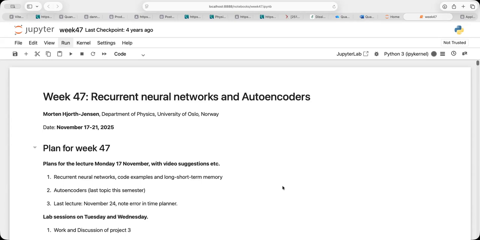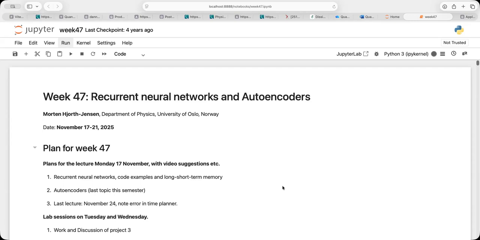And I want to demystify some of the inputs. We are going to look at the code examples. And for project number 3, as we also discussed, when it comes to convolutional neural networks, autoencoders, which will be our final topic, and recurrent neural networks, we normally recommend that you use software libraries like PyTorch and TensorFlow. In the slides for this week, the week before and also next week, you will find examples on how you can implement recurrent neural networks and convolutional neural networks using PyTorch or TensorFlow. So it's up to you to choose the one which you find the easiest to use.